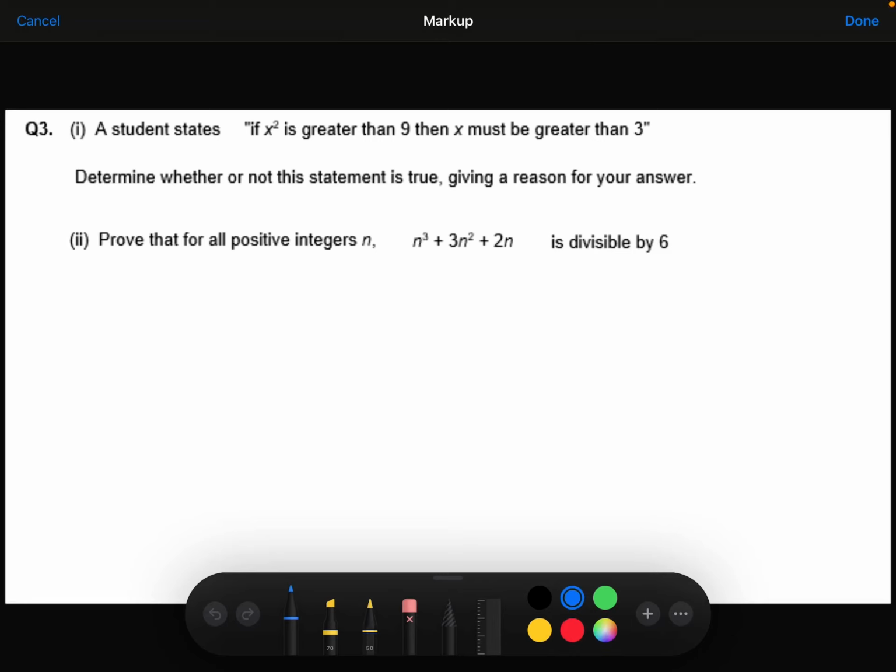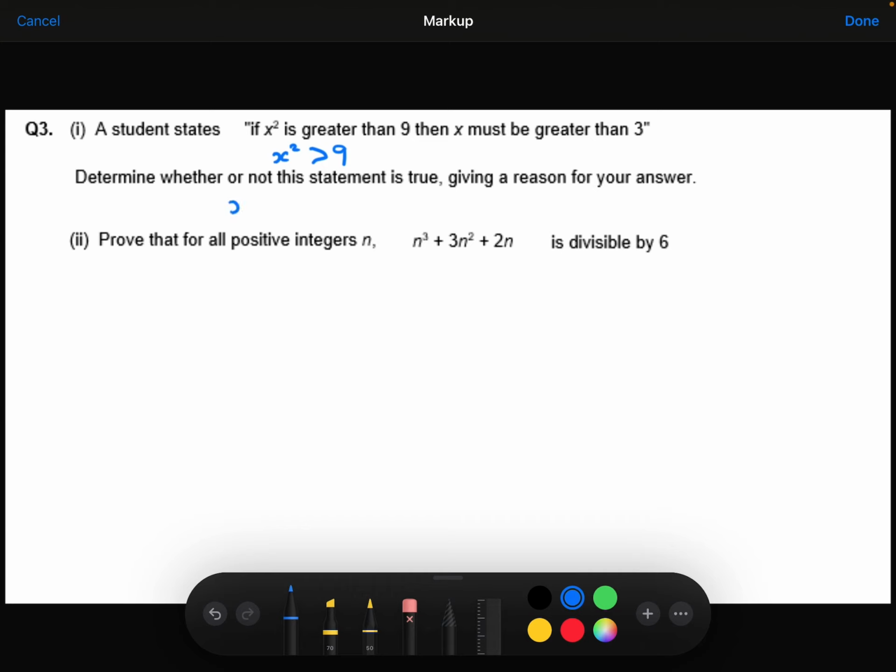A student says if x squared is greater than 9, then x must be greater than 3. Determine whether or not this statement is true, giving a reason for your answer. You could do this algebraically. If x squared is greater than 9,